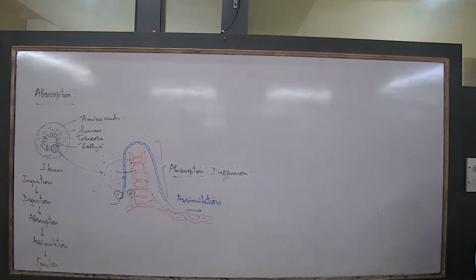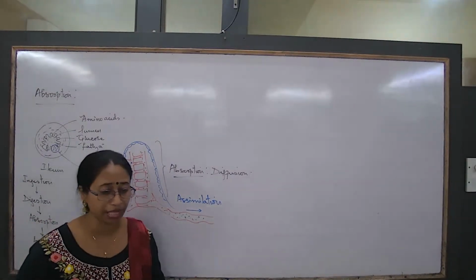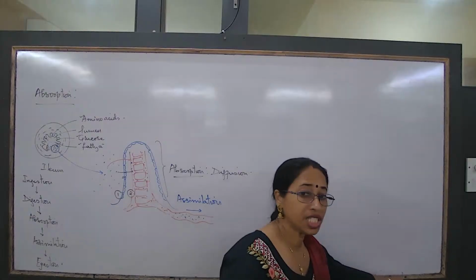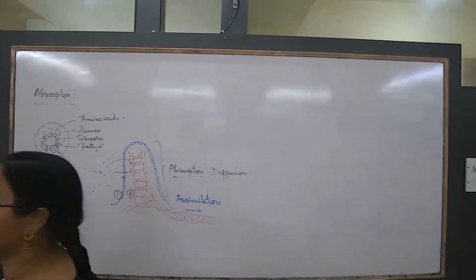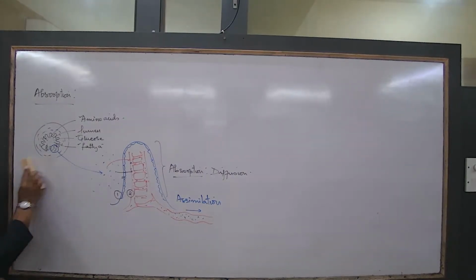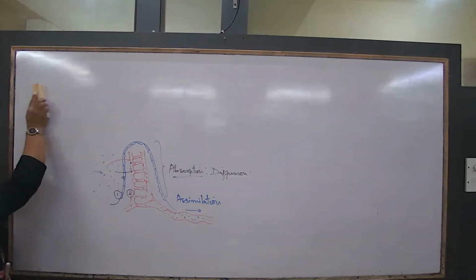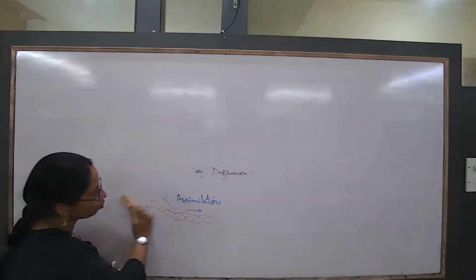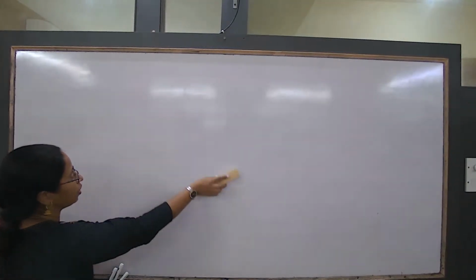Now, next that we are going to study would be what? Just now, what did you write? Assimilation. These nutrients have to enter the body cells for further breakdown. Meaning, the glucose now has to break down into some other components, to release energy. So I would write that the glucose is getting broken down to release energy.